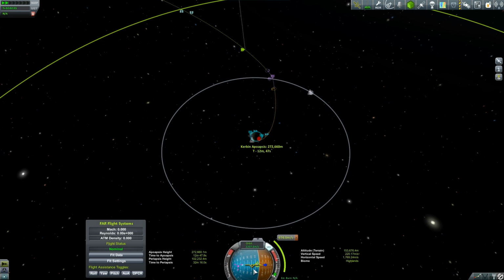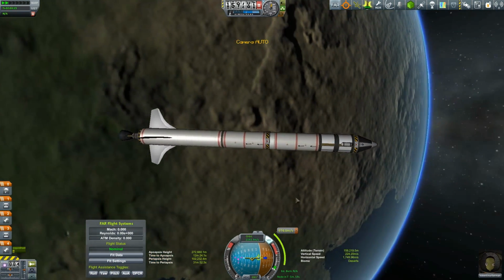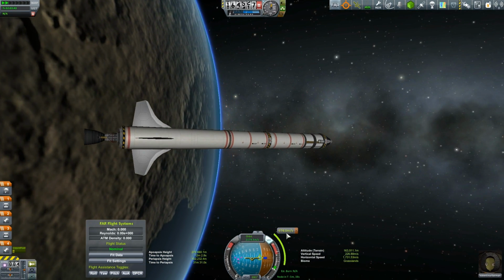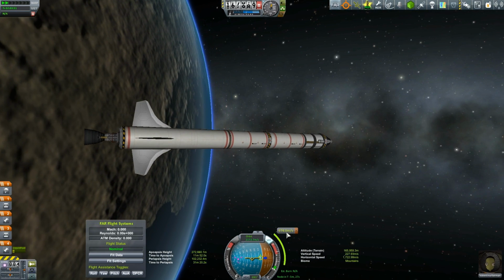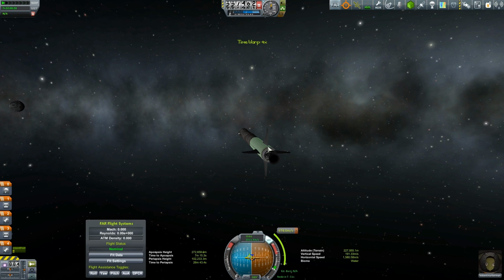The main problem here is the Mun is actually smack bang in the middle of our transfer path through to Minmus, so we've had to plot a course that intersects the Mun and slingshots us in the direction of Minmus, and we're going to have to perform a second burn during the Mun flyby in order to complete the Minmus transfer. So we're just aligned up on the maneuver node now, just continuing to time accelerate down to burn time,